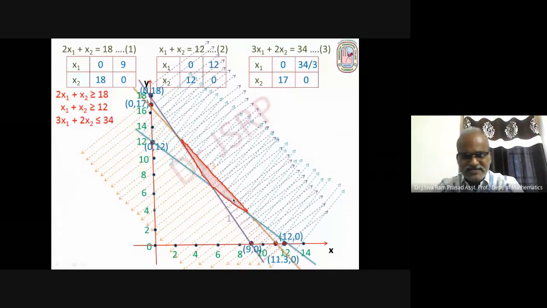Now identify the extreme points. So this is one extreme point. This is intersection of this line and this line. This is one extreme point A. And this is another extreme point. Since intersection of these 2 lines, this is B. And this is another intersection point. This is C. So extreme point means simply intersection of boundaries, intersection of boundary lines. Okay. So we have 3 extreme points, A, B, and C.